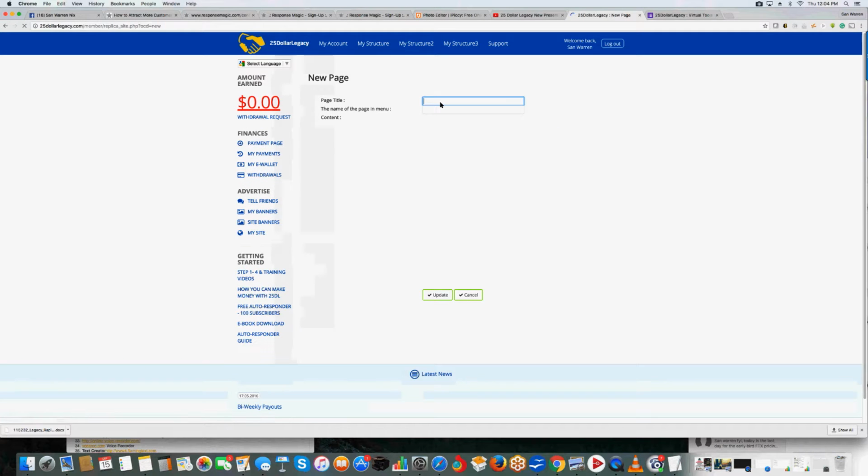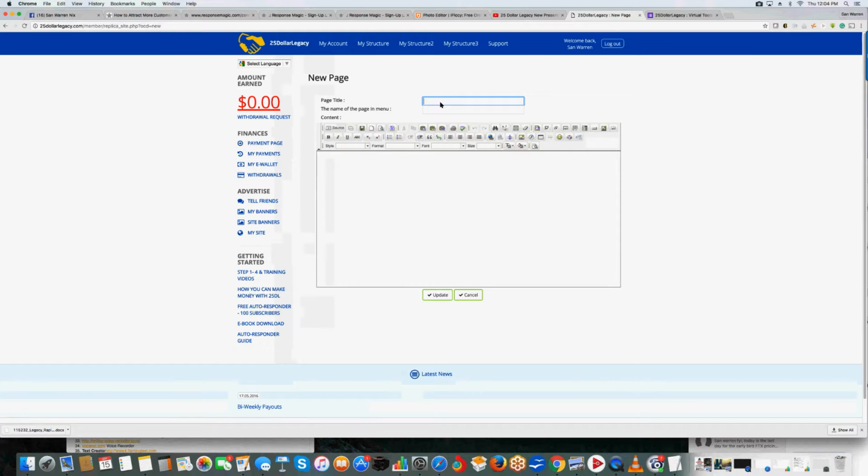Okay. So, page title, whatever you want to do, title. Whatever you want to do here, that's up to you. Now, this is going to be the title, I don't know if I spelled title right. I spelled it wrong. This is going to be at the top of the page, so you want to make sure, and you can edit this if you want to. It's all good.